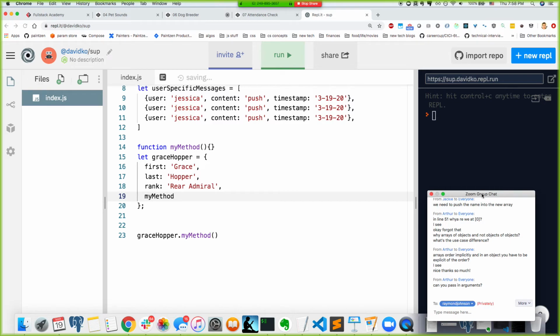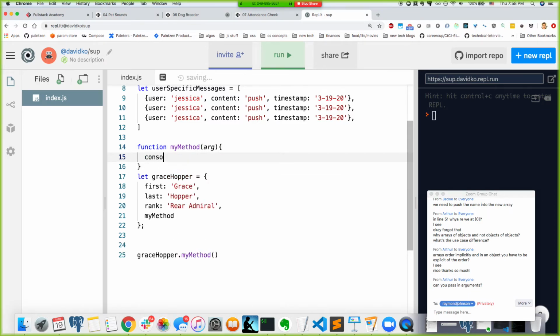Can you pass in arguments? Great question. And yeah, you definitely can. So if this takes an argument and it console logs an argument, then what you just do is you just pass in the argument. So